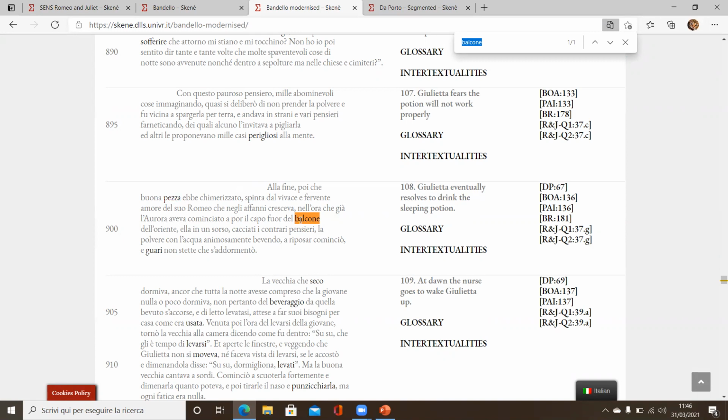And it is not Giulietta who goes on the balcony, but it is the aurora, so the dawn. The dawn had started to put her head outside of the balcony of the east. So it's a metaphorical balcony, okay? It's not a physical, a real balcony as we have in da Porto, and also the position is very different. On the other hand, we have